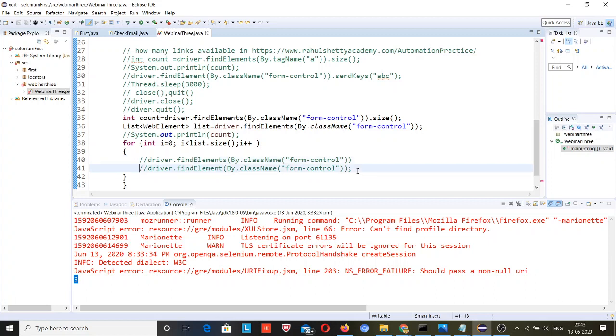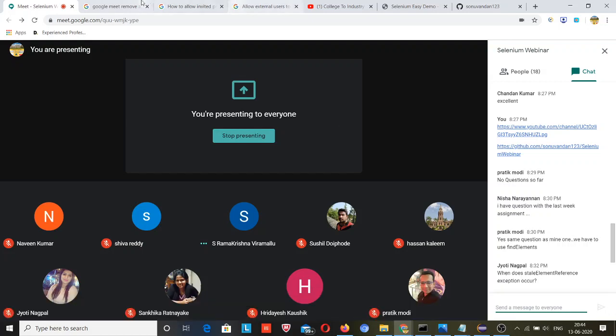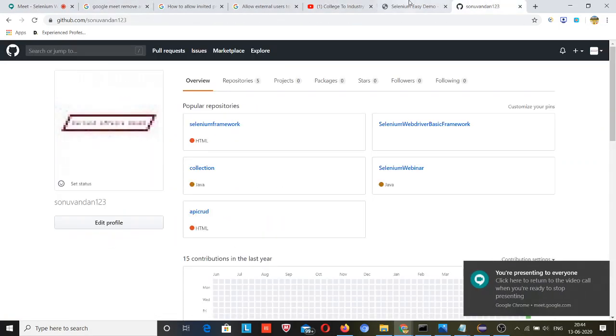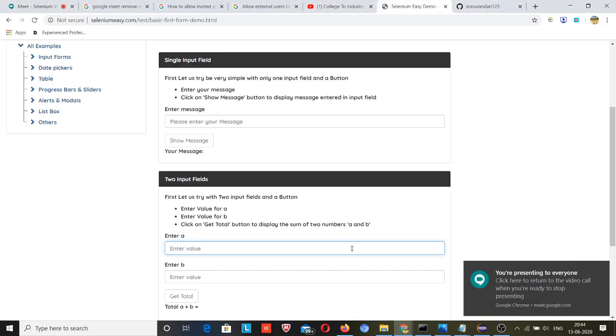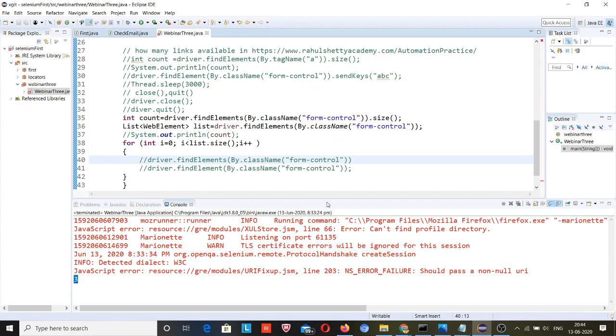But Vandal, what you are trying to do here is, actually I was trying to enter the value only when I come to the second index. You mean the second text box? Yeah, second text box. Can you please go to the code? Yeah. You can just comment one line. You can just remove the comment for the last line. Yeah.